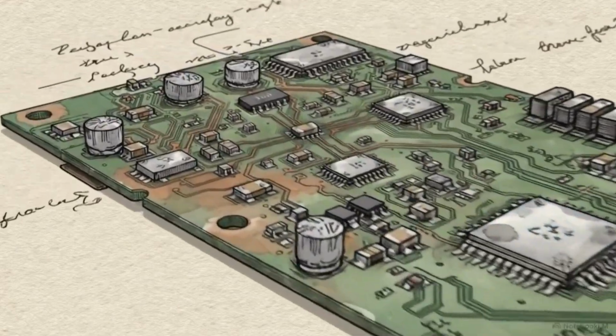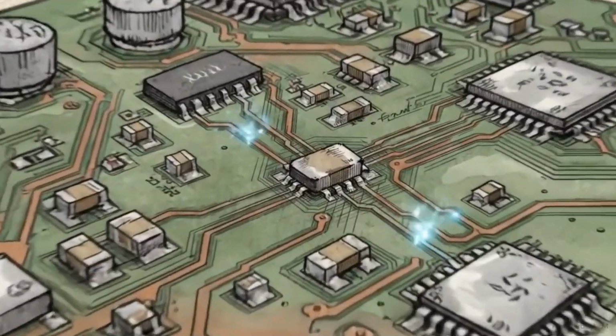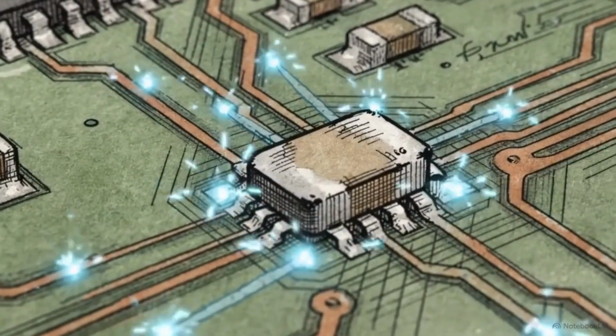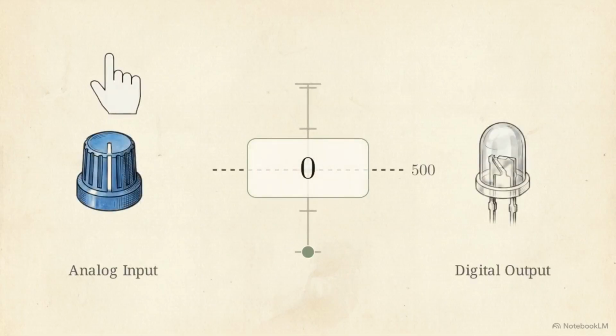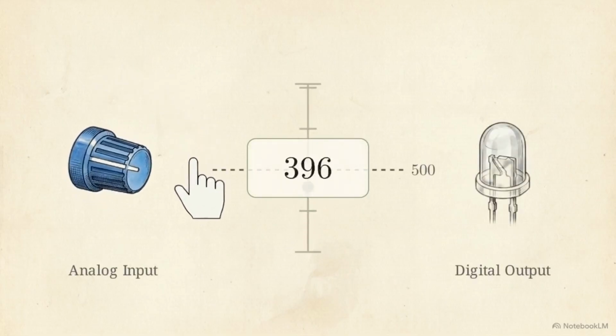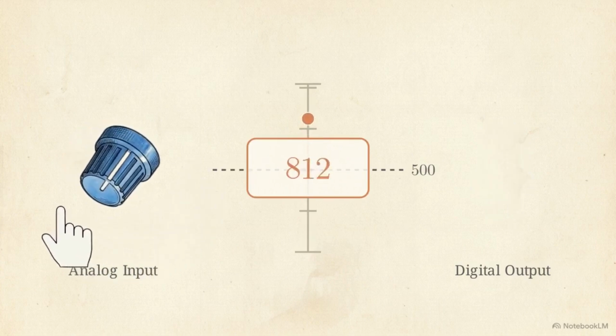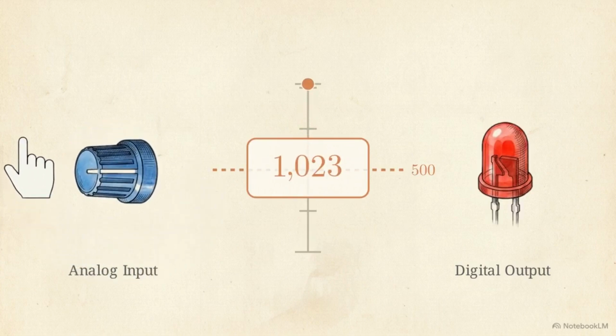Before any smart environment can make an automated decision, it first has to accurately interpret the physical world. Today, we are building a fully automated alert system from scratch. Step 1 is establishing a threshold alert. We will wire a physical analog dial so that turning it triggers a designated LED to illuminate once it crosses